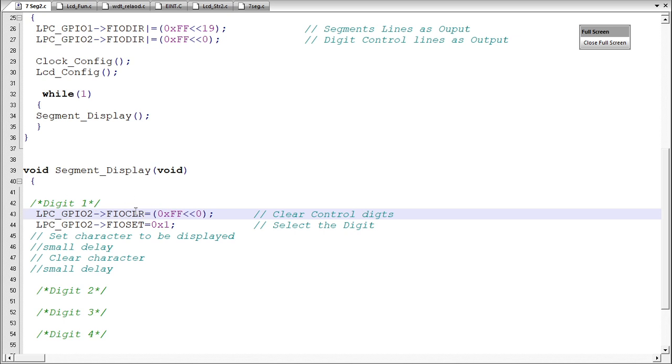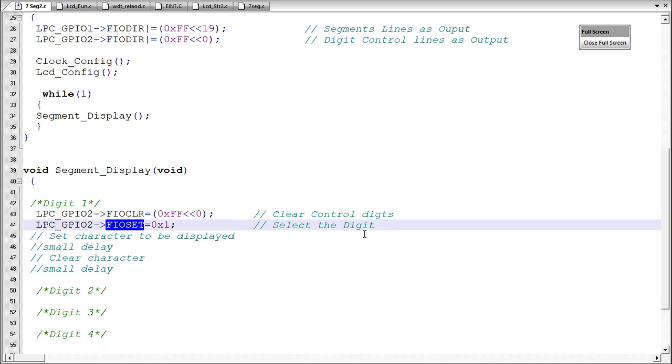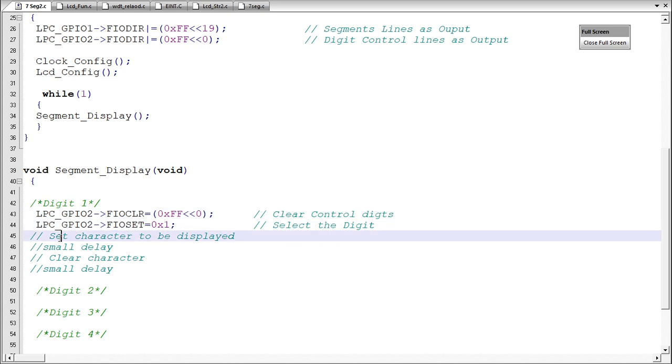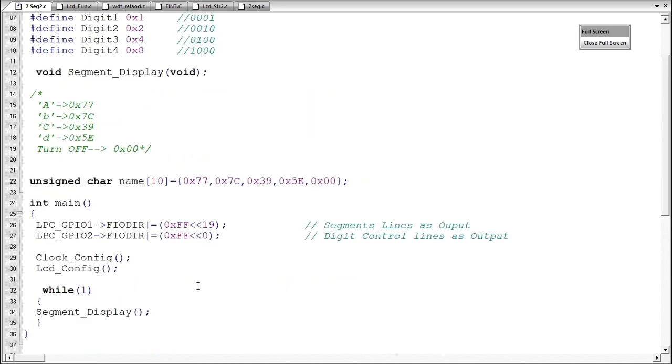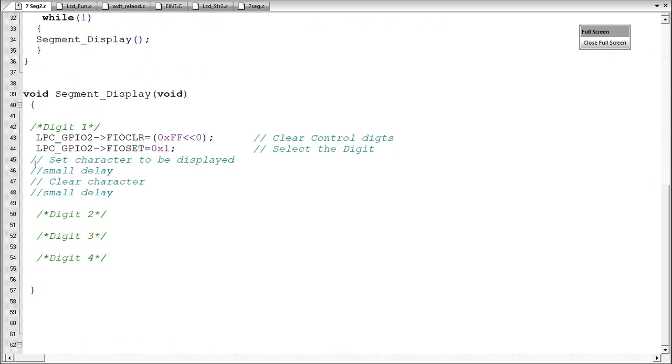So now the second step is done. I have selected the digit. Now the third point is to set the character to be displayed. The characters are defined here. You can see I want to display character A, character B, character C, and so on. You can use these direct values, like 77 or 7C, or else you can use the array name also. Anything is fine. I'll use the name of the array, followed by 0,